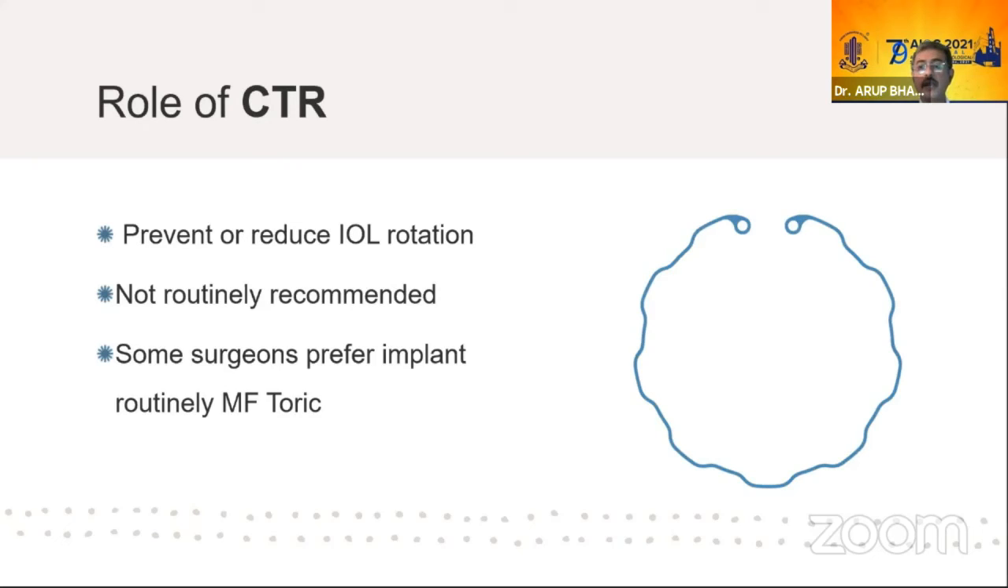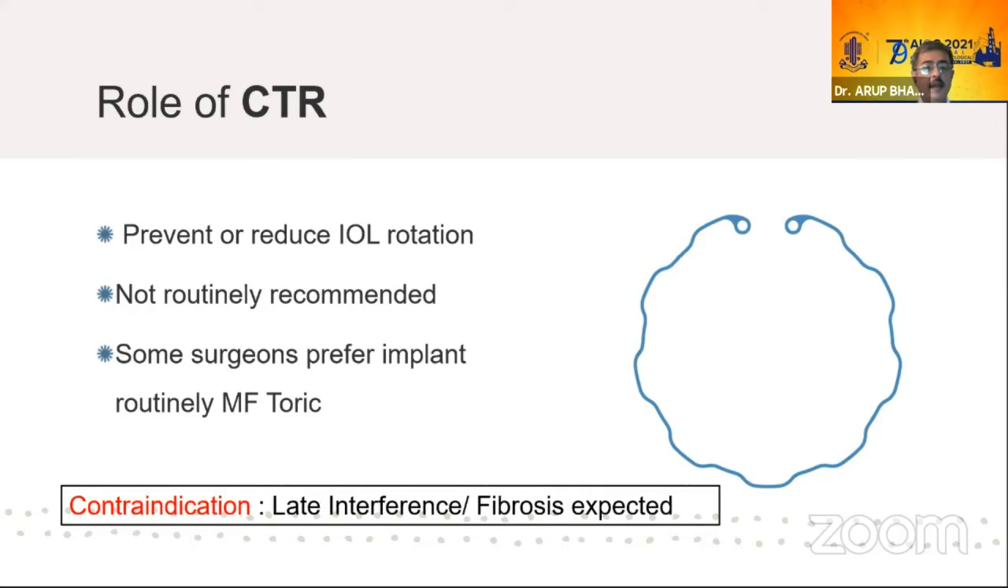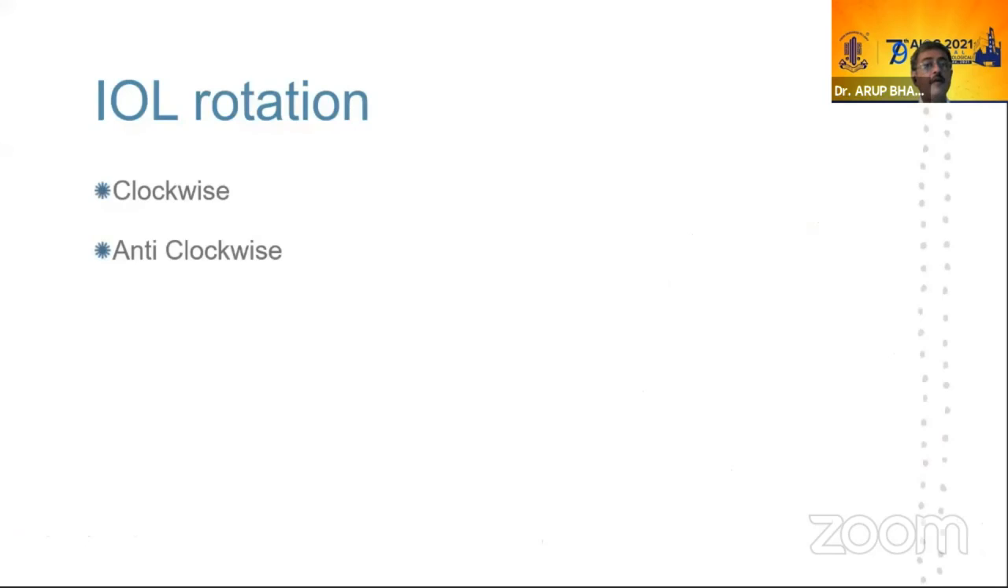So this is one of the best, the Anderson type of ring, but unfortunately it is not available here. This gives excellent rotational stability of the IOL. Contraindications of the CTR: late interference and fibrosis expected. So it is sometimes very dangerous. You can rupture the capsule. IOL rotation can be clockwise or anti-clockwise. This is the only lens I saw with anti-clockwise rotation, which is basically